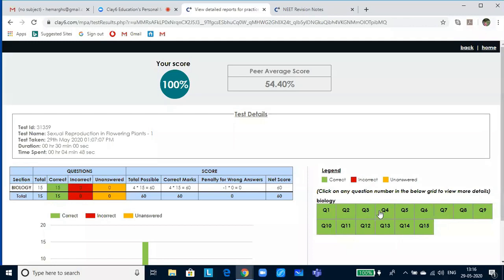If you have not answered, it will come in a yellow tile. And again, you click it, you will get to know the answer with the explanation. Since there is negative marking, if you are not sure of the answers, please don't attempt them. If you do not know, it's okay, you can leave it. But if you go in for an incorrect answer, you're going to lose 1 from your total. It is not from the grand total, it is from your total. So with this, we come to the end of today's class.